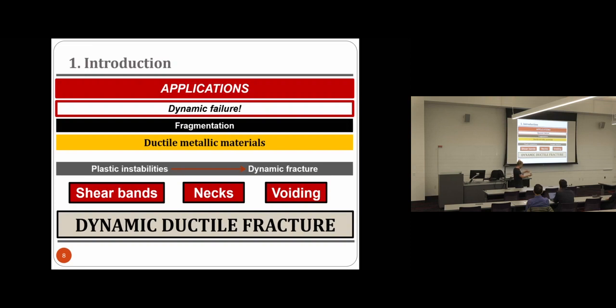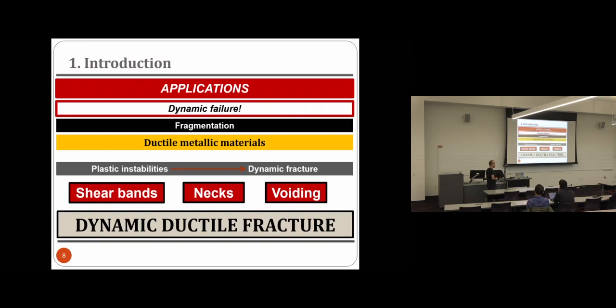So the material deforms, we have homogeneous plastic flow. At some point, at large strains, because of the adiabatic heating and the high strain rates, we see the formation of either shear bands or necks or voids that grow, develop,